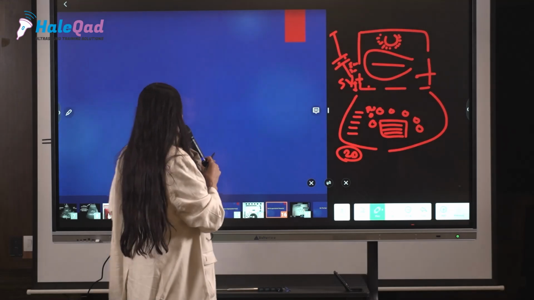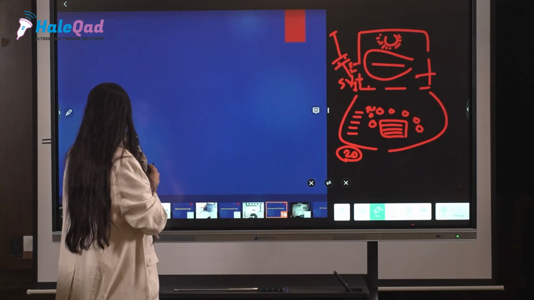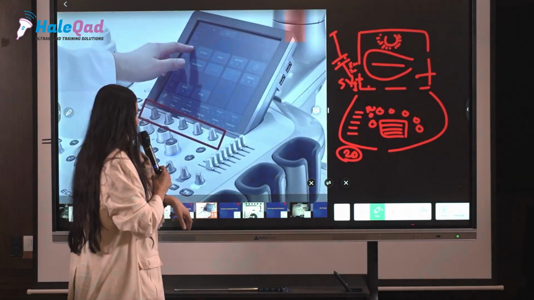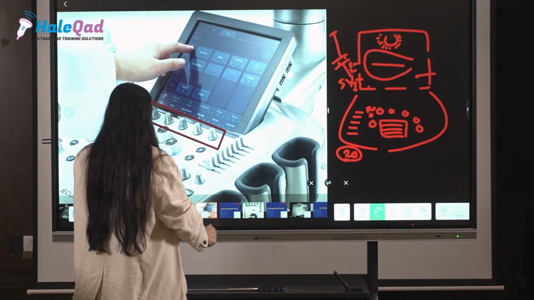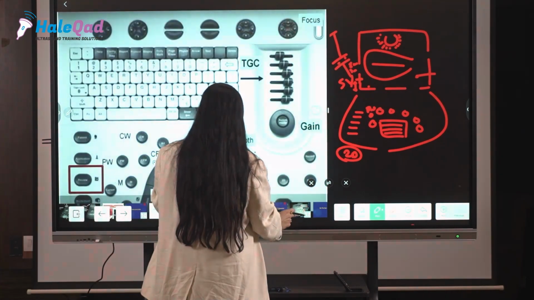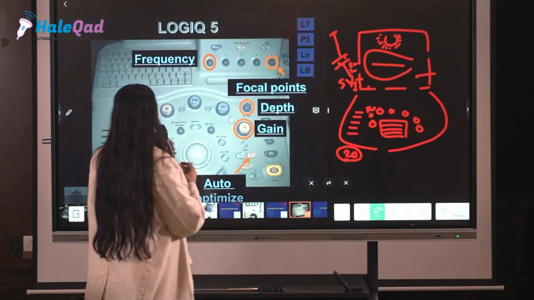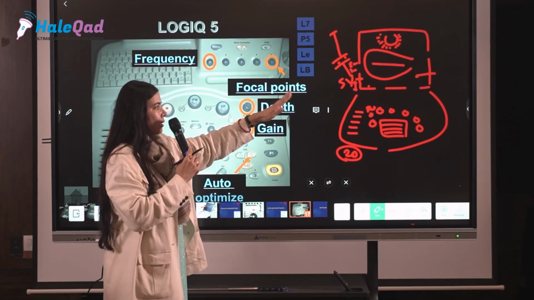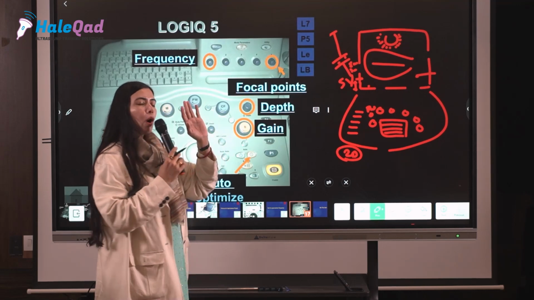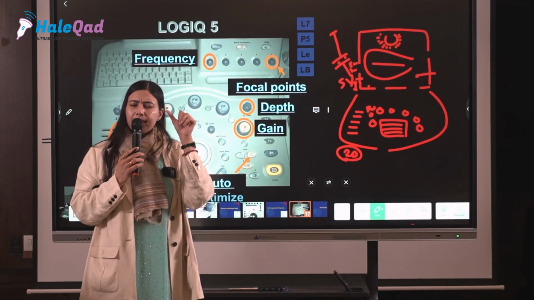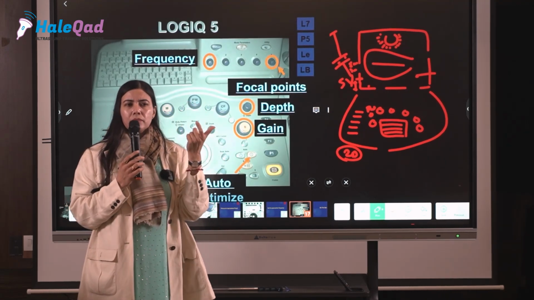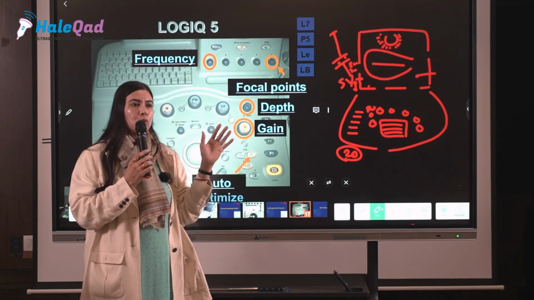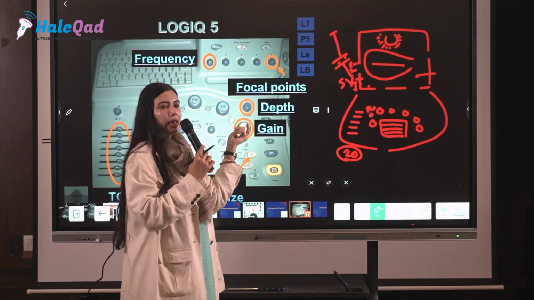So first of all, now what you did is, after this, like this is my machine, TGC we will discuss also, and then comes, after setting the depth, you want to see whether this area is a little bit more echogenic or more hyperechoic, hypoechoic, how I should go. Just adjust this gain button.